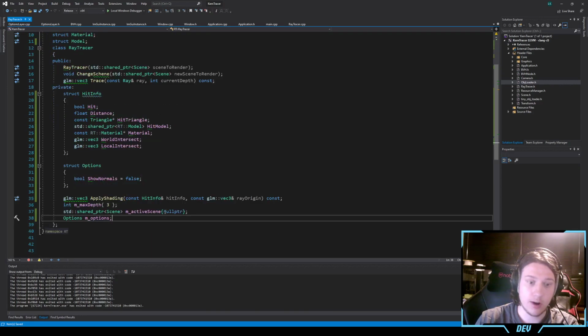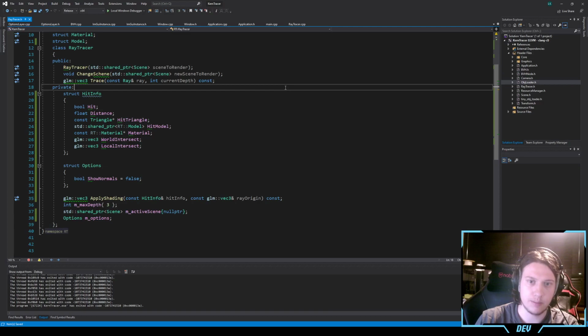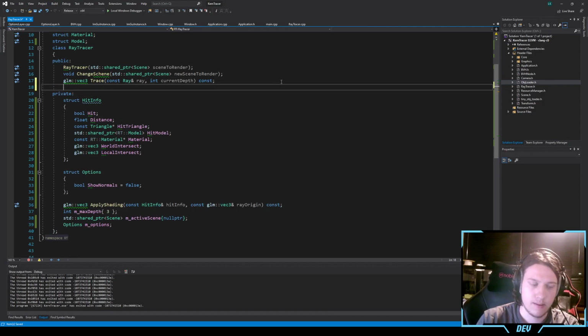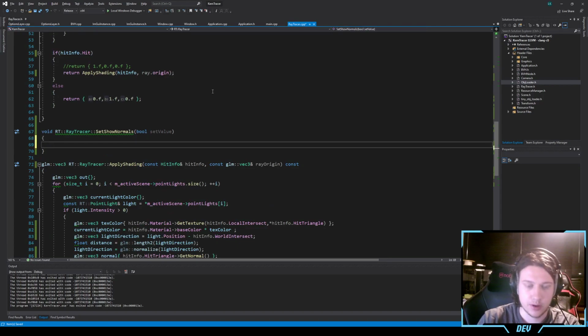And then in public we have a void setShowNormals, and it's bool setValue. Yeah, setShowNormals, generate implementation, right? So that means m.options.showNormals equals setValue. Okay,